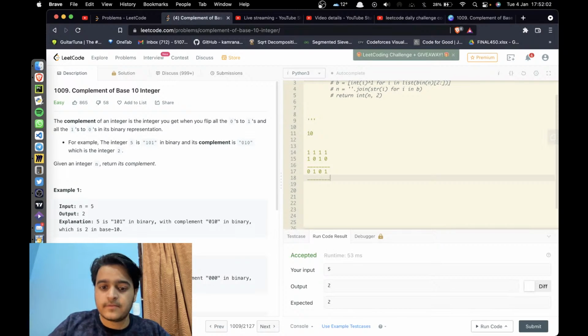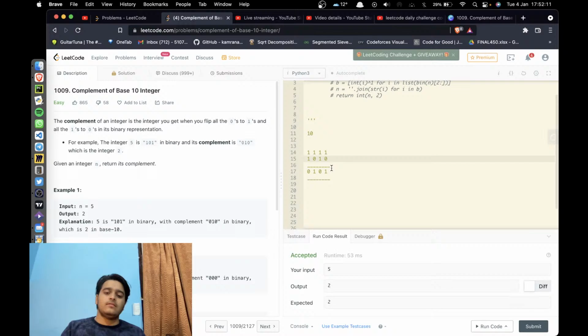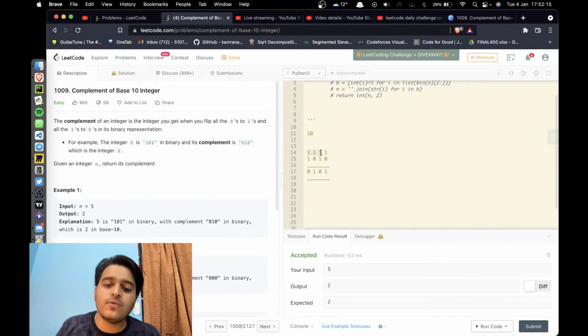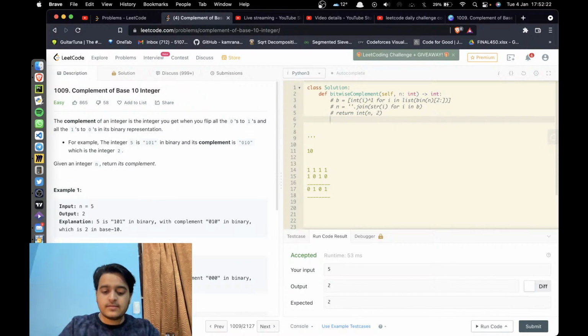Am I right? So will that be the thing? If the length of the binary representation of this number is 4, what I have to do is subtract this whole string from the 4 ones, and I will get 0101 as required. So what I can do is just take the length of